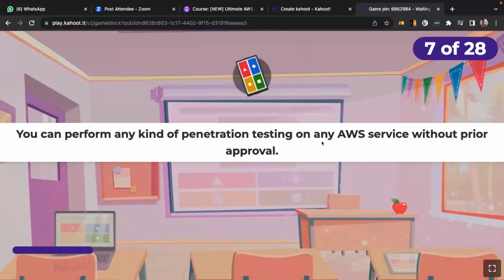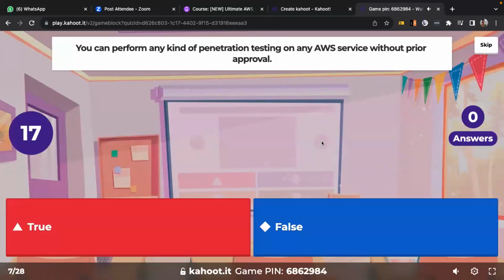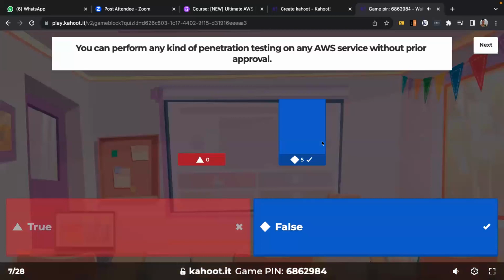Gemstone on the top. You can perform any kind of penetration testing on any AWS service without prior approval. Okay, yes. So the answer is false. You cannot perform penetration testing without prior approval, but I just wanted to see customer.